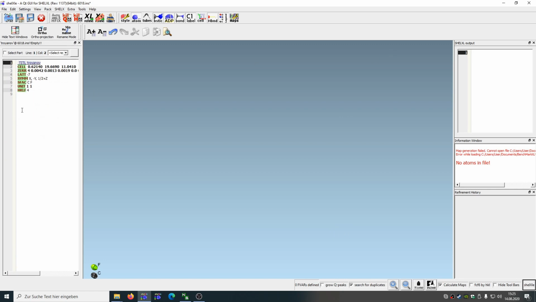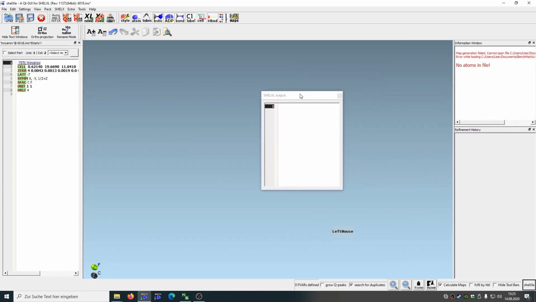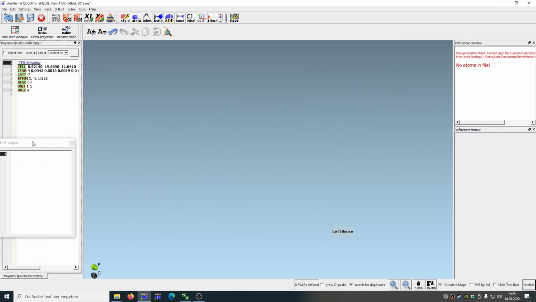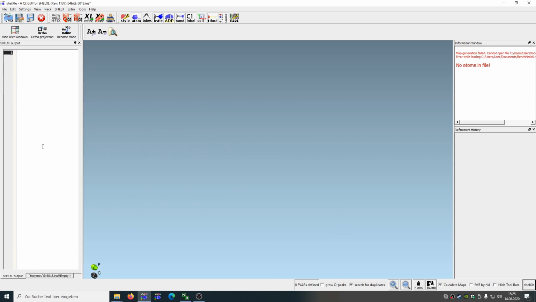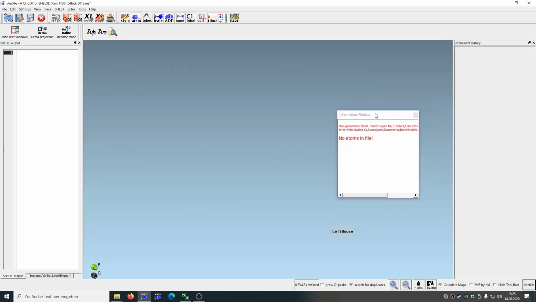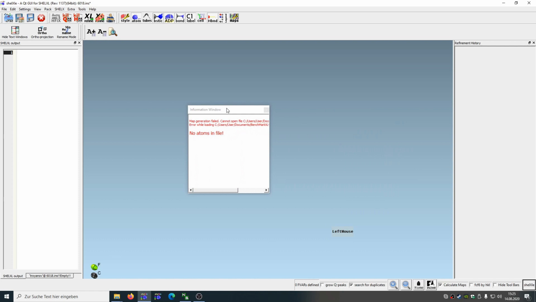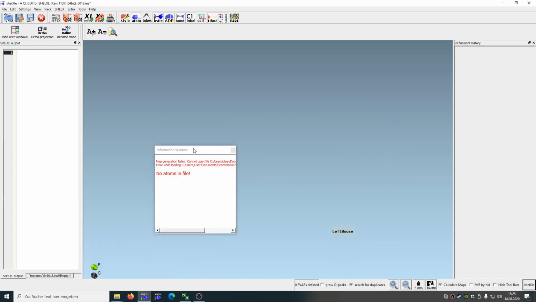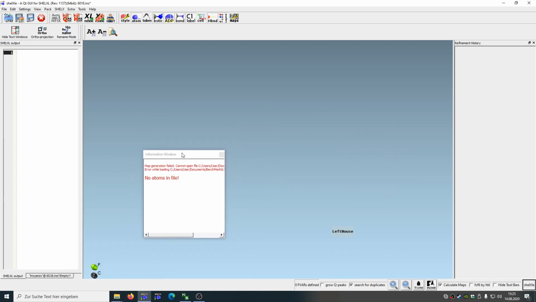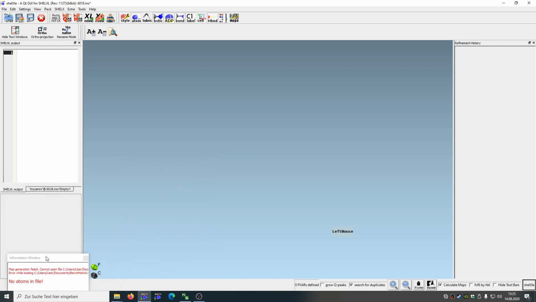I prefer to have everything on the left side. You can leave it on the right hand side if you want. So here's the output window and also the list file window, and let's move that over here. As you can see, of course, there's no structure yet because this structure isn't solved yet. We will do that in a second. This is the information window, which contains important information, so we probably want to see it, so put that down